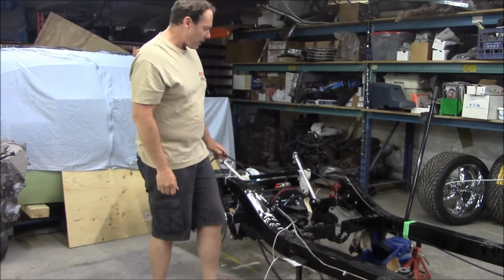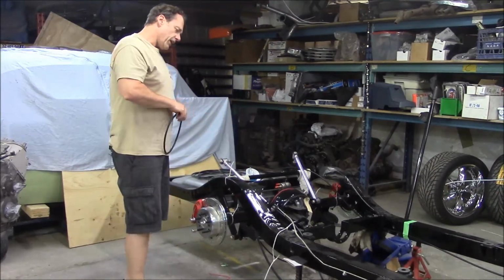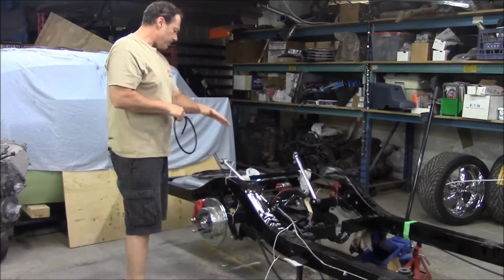So we're hoping we'll be able to touch that up pretty good. On the other side here, I have a little challenge with the front that I'm repairing and just bringing this